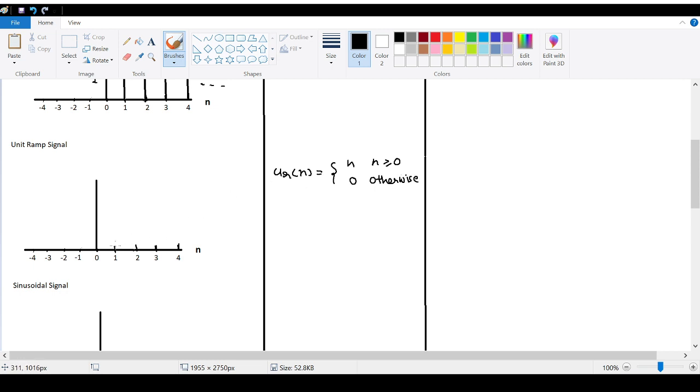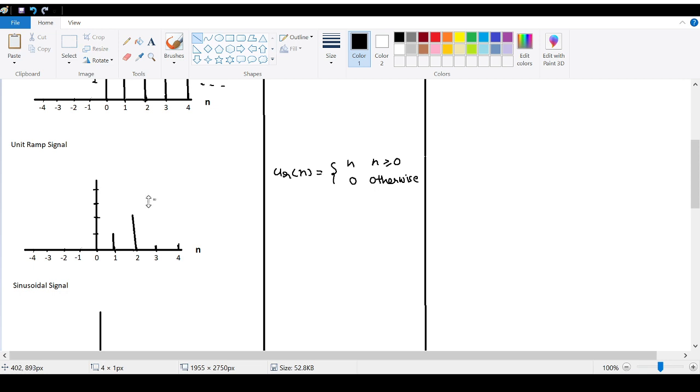So now here, whenever I want to plot it for the ramp signal, it can be plotted like it is having the value n. So I will be plotting various positions 1, 2, 3, 4. When n is equal to 0, it is having the 0 magnitude, so only 0 magnitude will be there. And whenever n is equal to 1, it is having the 1 magnitude. When n is equal to 2, it is having the 2 magnitude.